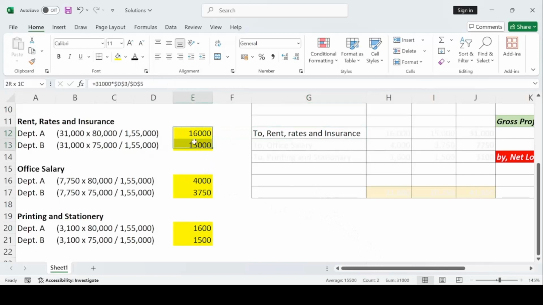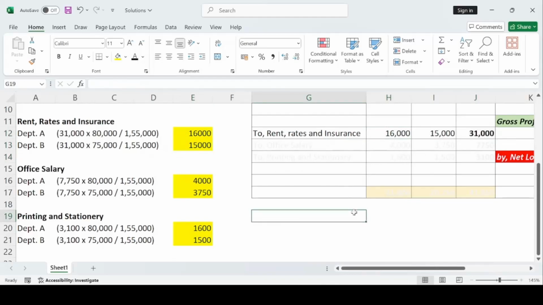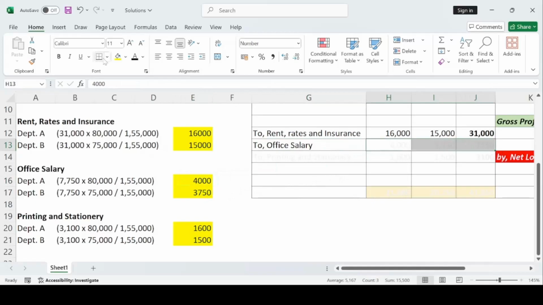So we have already divided it. So for department A it is 16,000 and for department B it is 15,000. So I am writing the same thing over here. 16,000, 15,000. The total will be 31,000. So the next indirect expense is office salary. So for office salary again for department A it is 4,000 and department B it is 3,750. The total will be